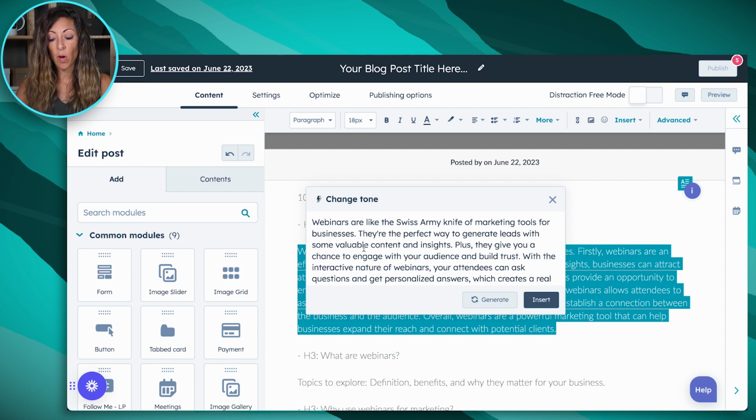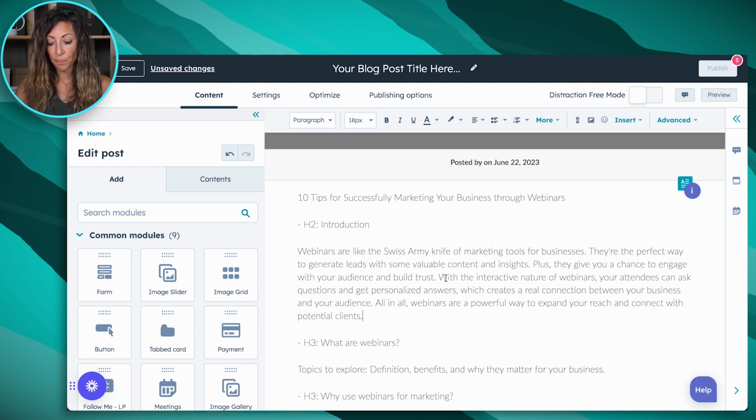And I say, webinars are like the Swiss Army knife of marketing tools. Okay, I kind of like that intro sentence. So if you wanted to, you can click regenerate again and see what else you get, but I'm going to reinsert this in. Now, if I were doing this, I would remove this introduction and I would put a subhead